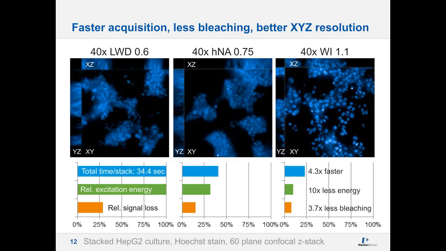reduced to minimum. Now you might say this is just a Hoechst image and might be a rather boring example of that, but bleaching of Hoechst is a really good proxy to understand what excitation power might do to your live cell samples. The less bleaching you have in an experiment like this, the better live cells will tolerate long-term extended time-lapse imaging. So managing excitation light is a key consideration when planning for long-term live cell experiments. So this should give you an idea how much water immersion objectives can speed up your research and can improve your research results.